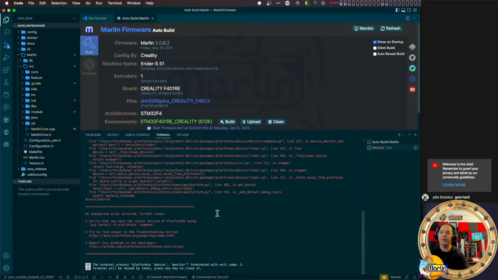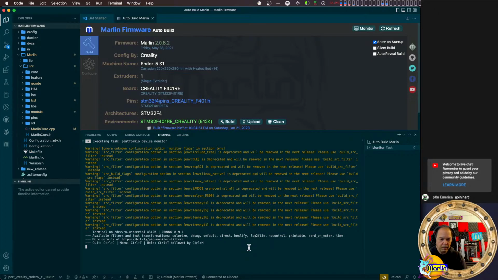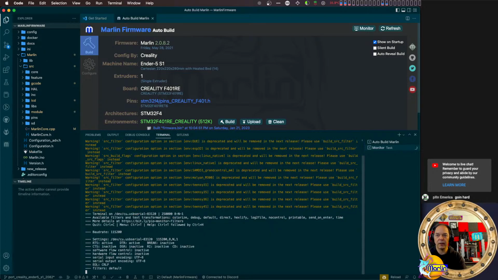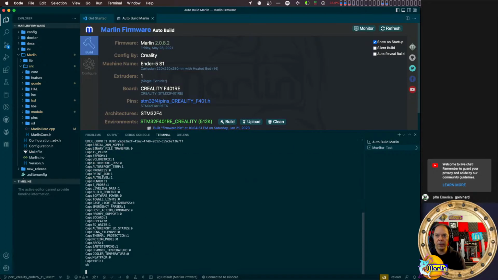That's an important element. And it automatically finds the printer or the serial device that you want to connect to. It might not get it right if you have multiple printers connected. All right, and there's our firmware